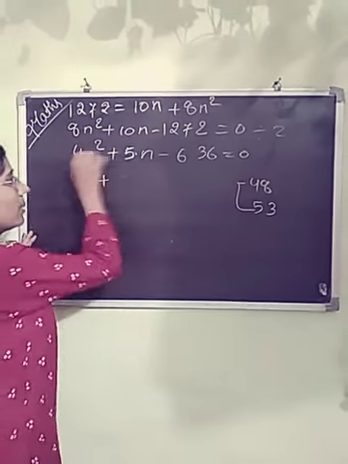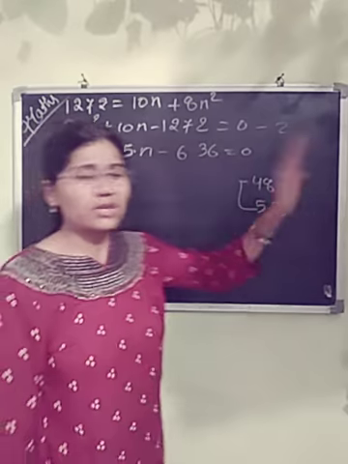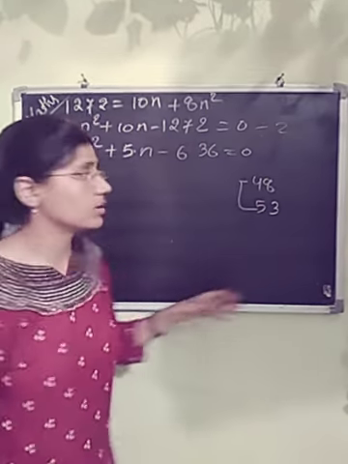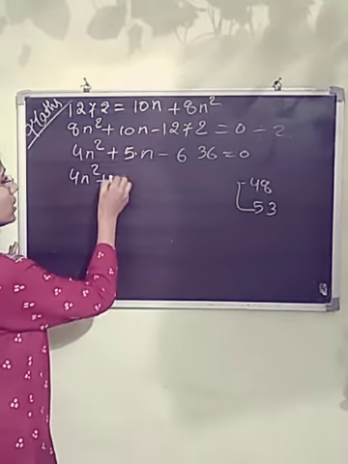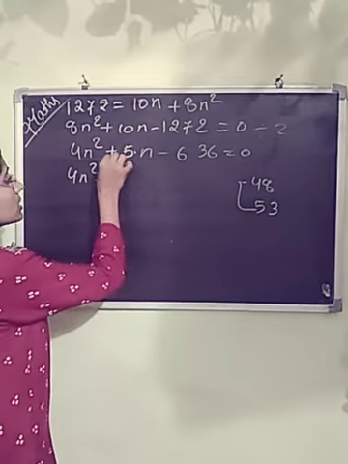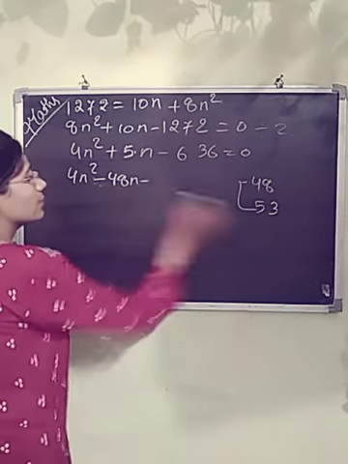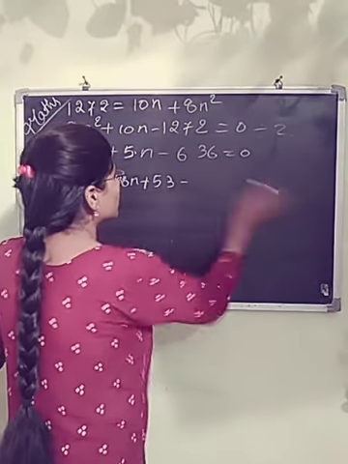You can multiply 4 and 636. For the further terms, the same method, which you have already read in class 6 or 7, by using the prime factorization method you can calculate. So 48 and 53 is the combination that we are going to take over here. Now the sign is a plus, so 48 will be of minus and 53 will be of plus, and the remaining you can take as it is.